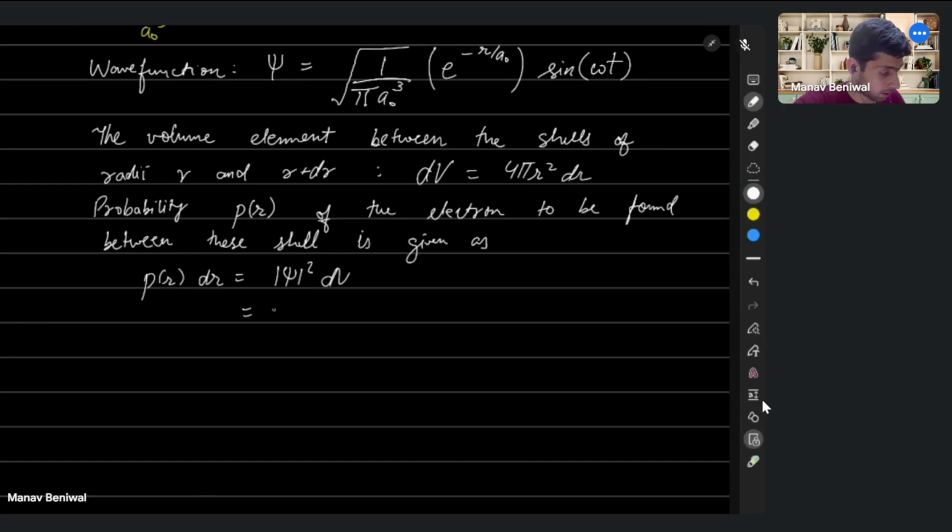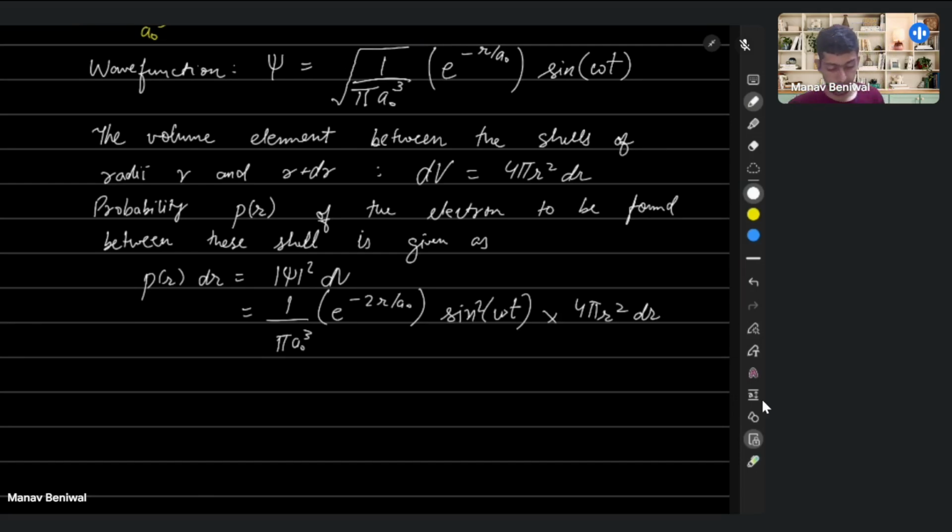So this just becomes this thing, and this becomes 2 times r over a naught, and it becomes sine squared omega t, and dv we have already found out to be 4 pi r squared dr. Okay, so this pi will cancel out, so we will be left with 4 r squared over a naught cube e to the minus 2r over a naught,